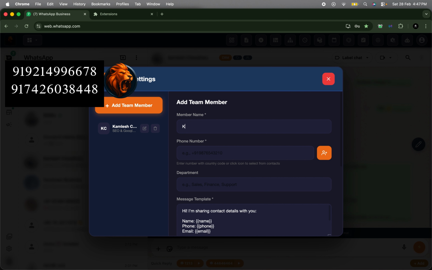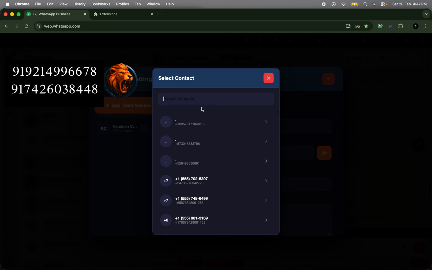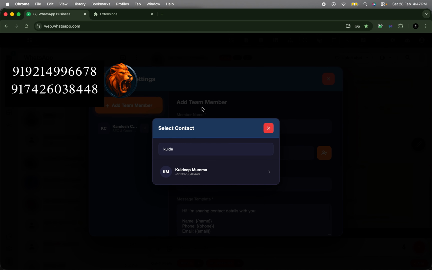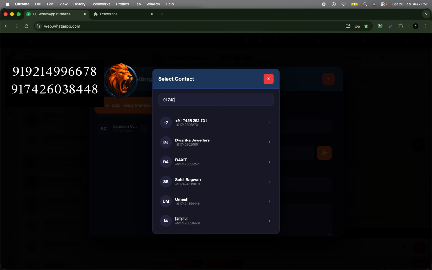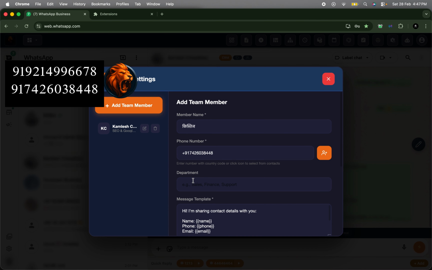I will add Kuldeep and I will enter his number. Either I will choose him from this list, or I will enter his number here and choose him here. And department, he's from the development department, I will